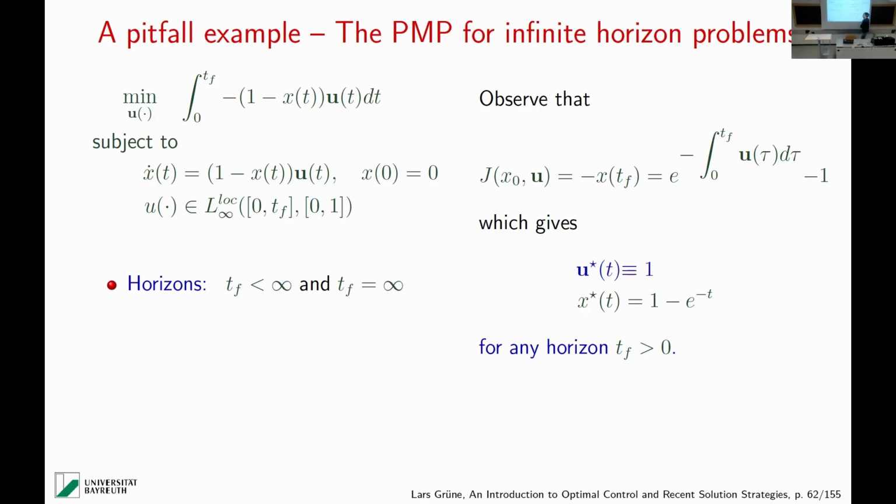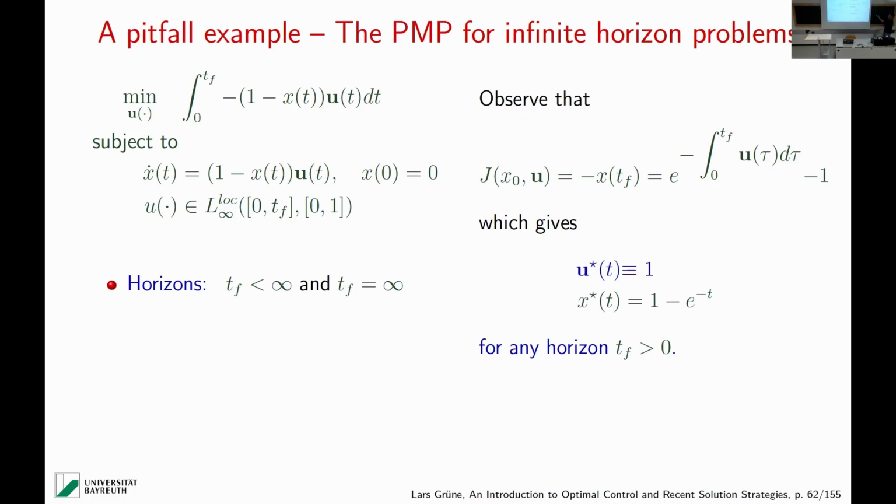So x of 0. Let's first have a look at what the optimal control is here. For this simple example, you can essentially compute it with a little bit of computation. So the optimal control, if you check this optimization criterion, is simply minus the terminal state, which can be written in this form, right? You can solve this equation exactly by separation of variables and then come up with a formula after some manipulations.